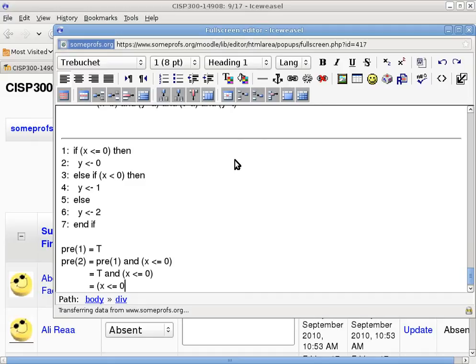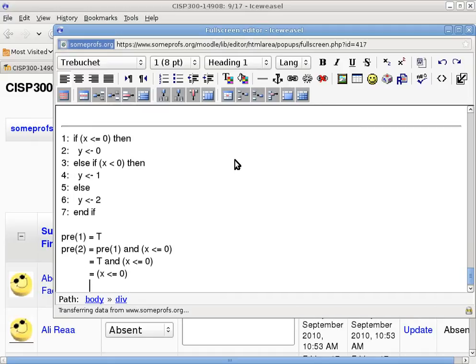And this whole thing becomes x is less than or equal to 0, right? And then we can move on to